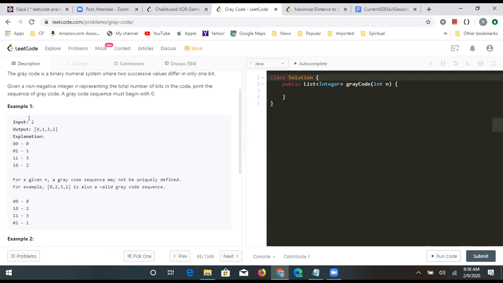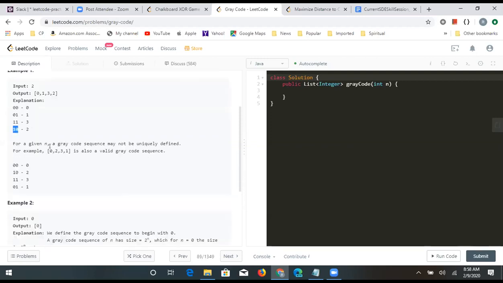So if you are given value 2, your result will have 2 to the power 2 values, because we are going to put all these values in 2 bits. So you will say 0, 1, 3, 2 is a valid solution. Another valid solution could have been generated if you change this particular bit, for example, like this one.